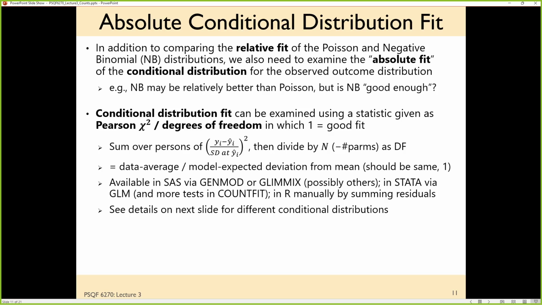So in Poisson, if we have a predicted count of 5, the Poisson model says, okay, variance is 5 at that point too. I can actually compute what the variance is at that point and see if it's 5. If there's more variance than there's supposed to be, then the numerator will be larger than the denominator, and this ratio will be above 1. So we will look at this number as our goal of trying to figure out whether or not any given conditional distribution is good enough, in addition to doing likelihood ratio tests among the alternatives to see which one might be better than another.